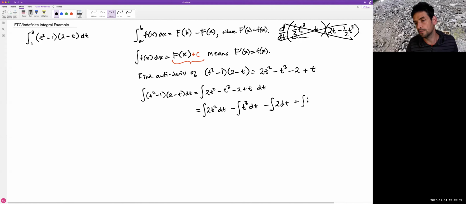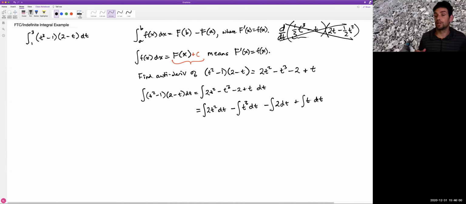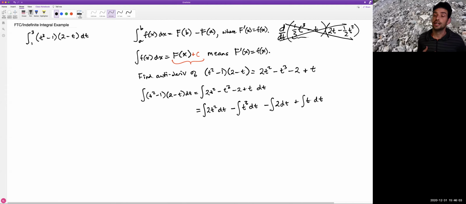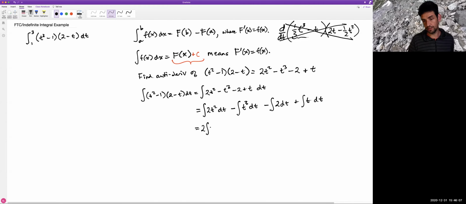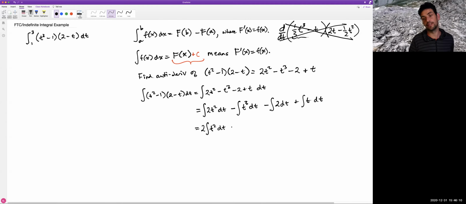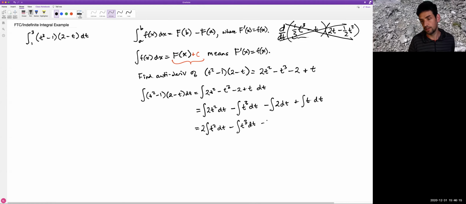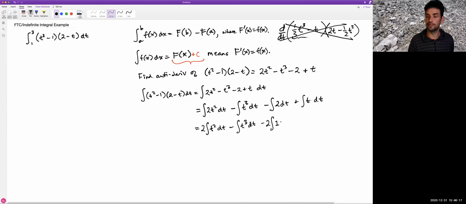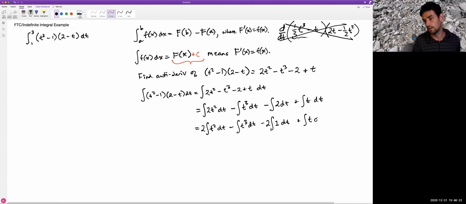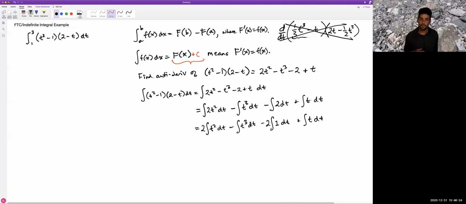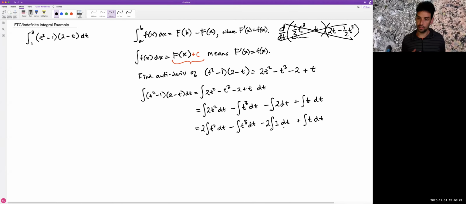And plus t, right? So there's a rule about integrals separating over addition and subtraction in this way, so I can separate them this way. I can also pull these constants out front. That's another one of our rules, that when we have a constant times a function, we can simply move the constant out front. This is a little bit weird to write, but just for consistency, I'll write that. Okay, so now I've got 4 fairly simple integrals